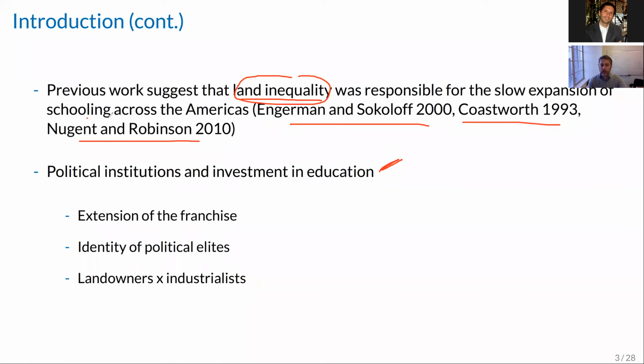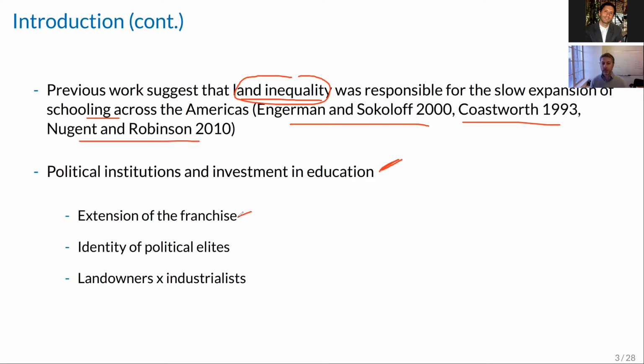So there are basically three types of ideas out there of why inequality can be linked to the expansion of schooling. One has to do with extension of the franchise, right? This idea that a lot of investments in public goods changed when you gave the right to vote to people that were relatively poor. You changed the median voter, and then the governments reacted to that, right? So there's evidence on that going back to England, but also evidence from a lot of other countries, including Europe, etc. Now, that's fine, but because in general, extension of the franchise is the same for the whole country, that cannot